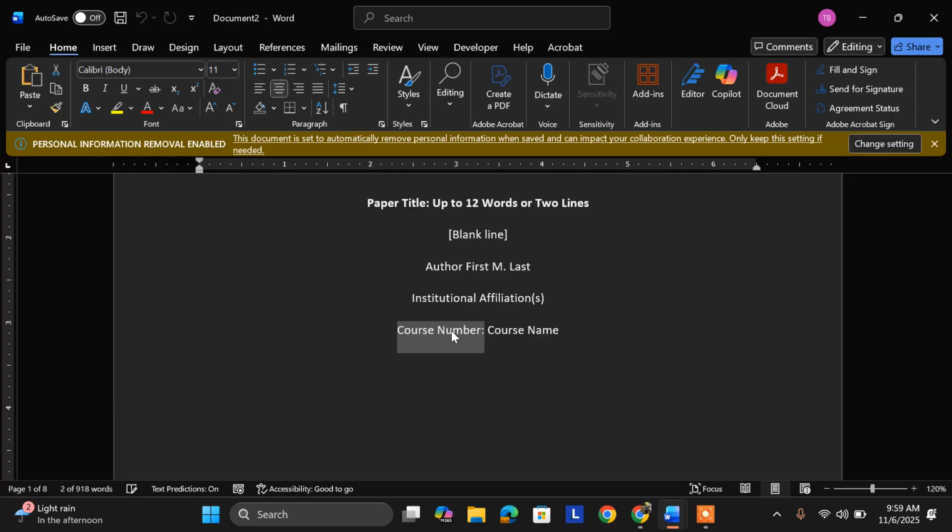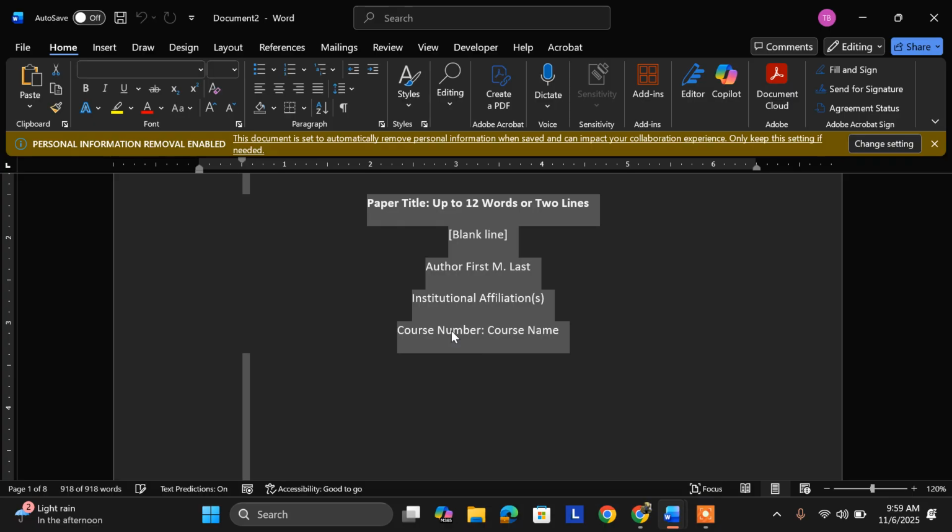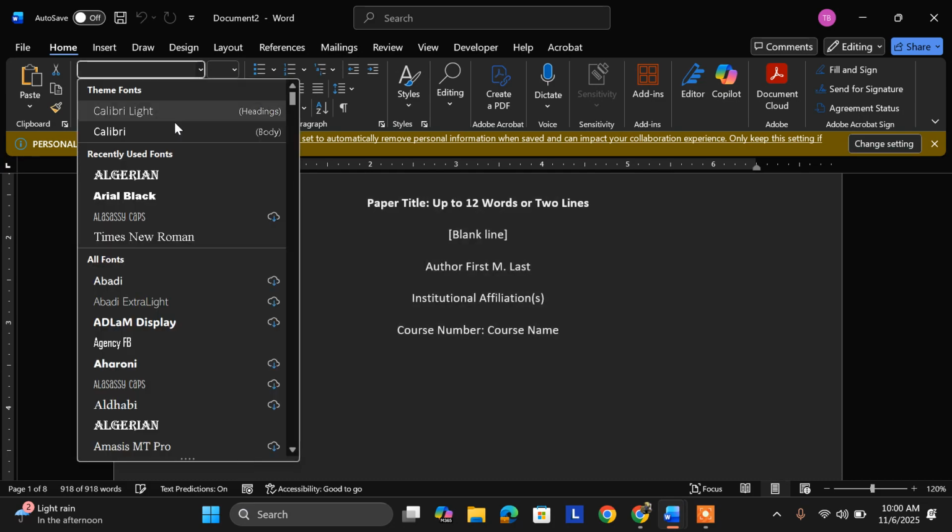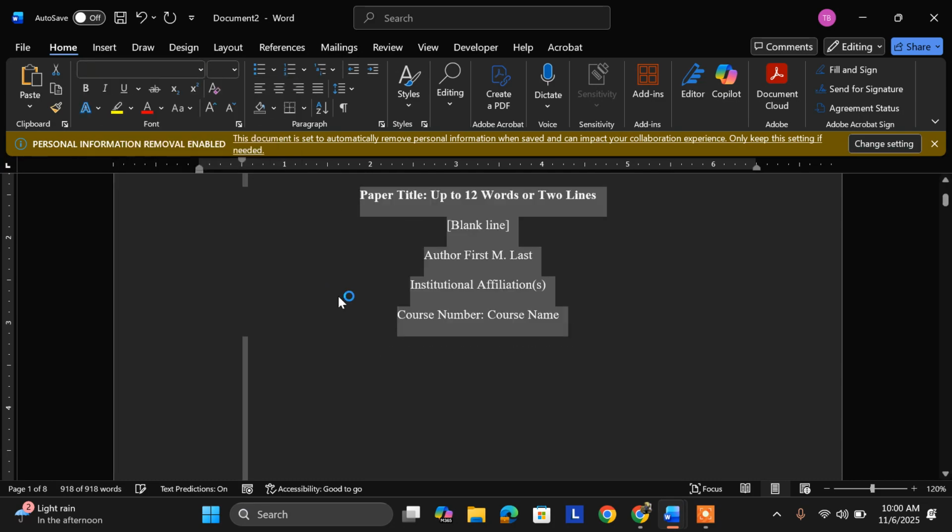So what you could do, if the document is done and it has the data, whatever text, is do a simple Control A to select all and highlight everything on the document. Then I can just come here and hit Times New Roman, please. And just like that. Now, if you want to permanently set font styles and headings, you can utilize these things by actually,